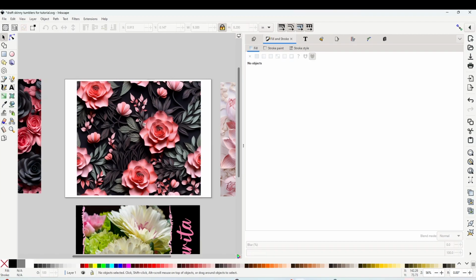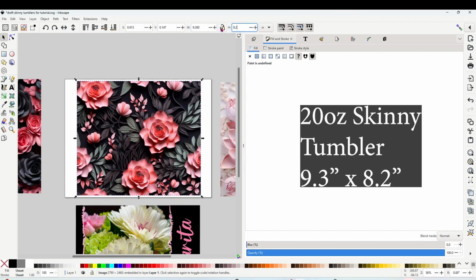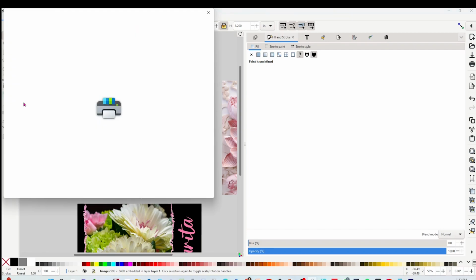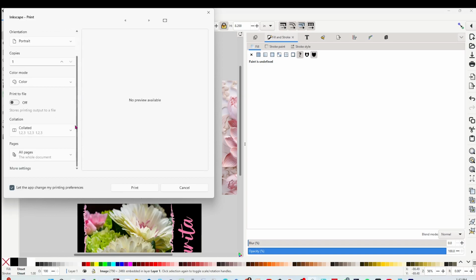To make sure you have the right measurements, select the template, go to the size bar above, change it from millimeters to inches, click the lock to unlock it, and type the measurements, 9.3 by 8.2 inches, and close the lock. Now that we have the right measurements, click on File, Print, select the sublimation printer, click on More Settings,